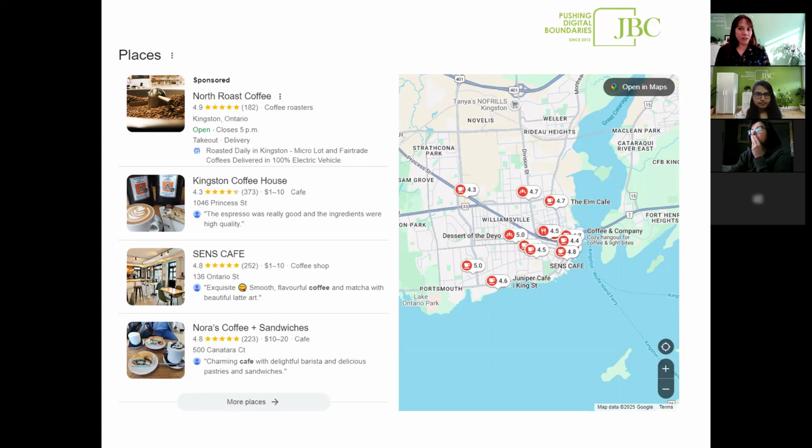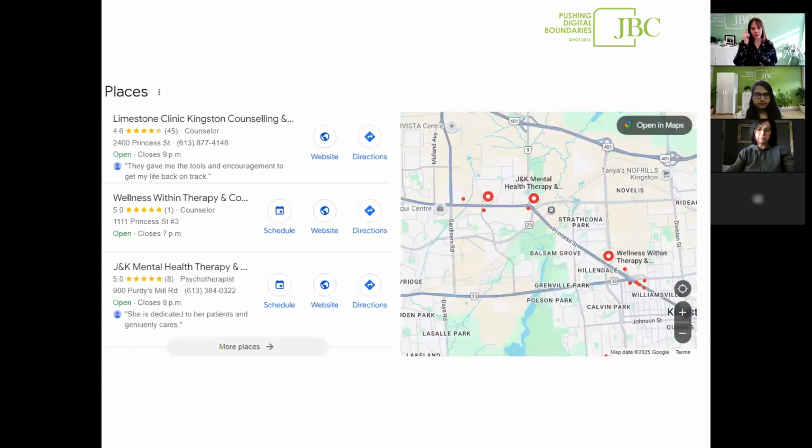Now, we're not going to get into Google Ads today, but there is the opportunity to have sponsored little location tags or flags in there as well. So if you're a local service provider that relies on walk-in traffic, maybe you could consider Google Ads for a Google map. Just a thought. We're not going to get into it, but that's food for thought.